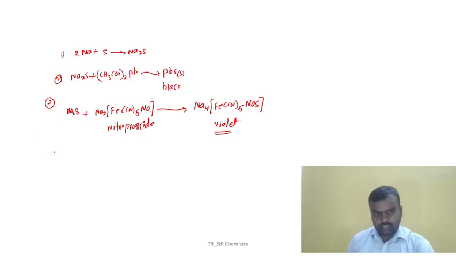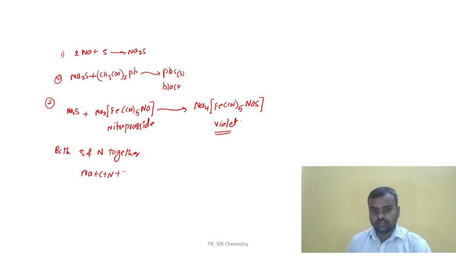Assume that both sulfur and nitrogen are together available. Sulfur and nitrogen are together present. In that case, what happened? Let us take sodium, carbon, nitrogen, and sulfur. So what happened now? Thiocyanate will form. Sodium thiocyanate will become ionic. Now when we react this NaSCN with the ferric ion,